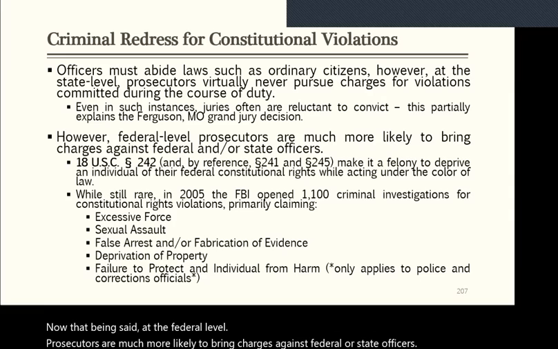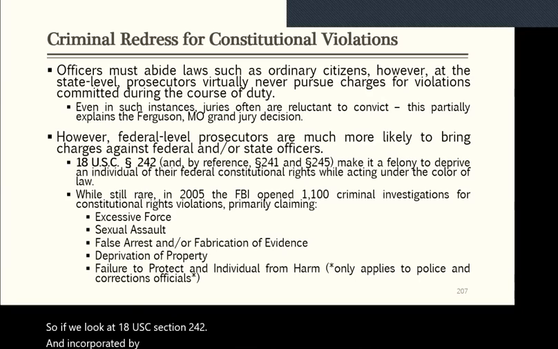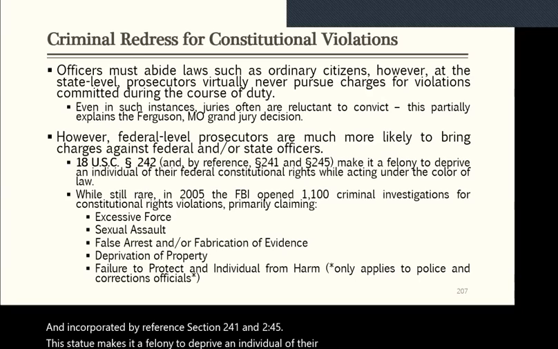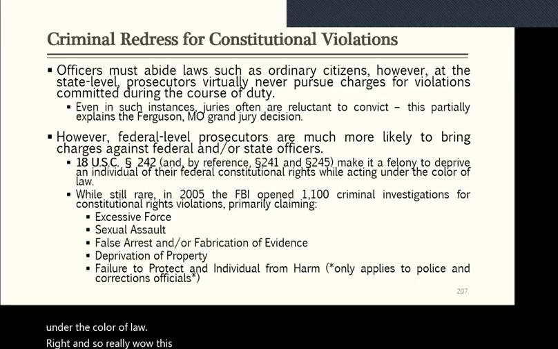So if we look at 18 USC section 242 and incorporated in, by reference, sections 241 and 245, this statute makes it a felony to deprive an individual of their constitutional rights while acting under the color of law, right? And so we're like, wow, this is much more likely, and it's not really that likely